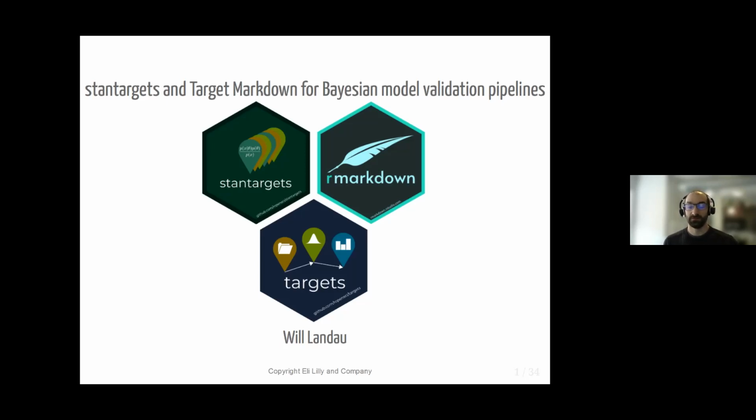The reason I went in this direction is because workflow systems have trade-offs. R Markdown is a very commonly used workflow system, but it struggles to handle the kinds of heavy computation that Bayesian statisticians often do. And targets works really well with the system, but it's a lot of user side code to write.